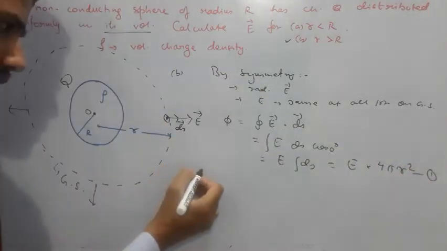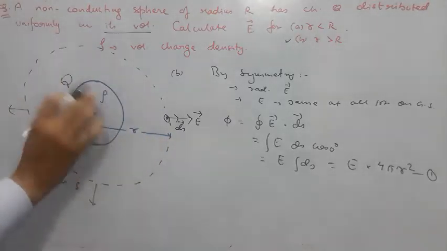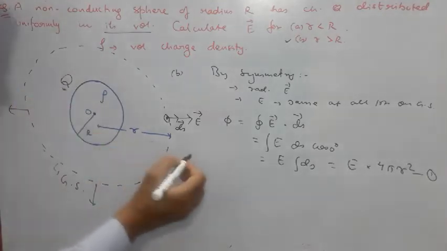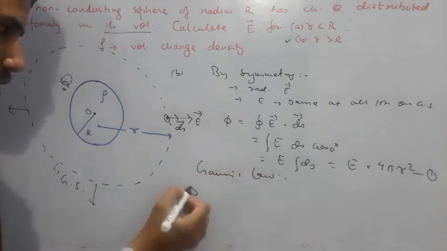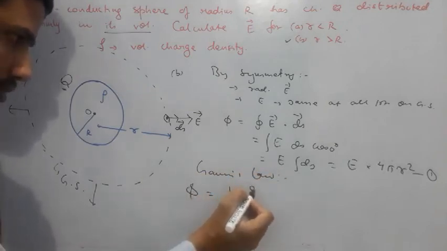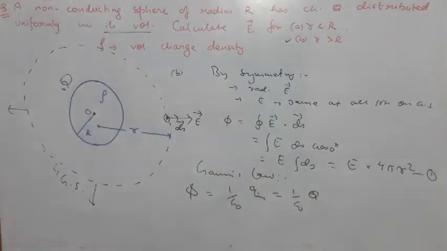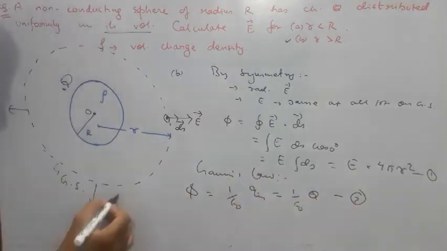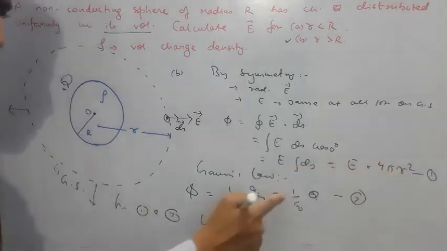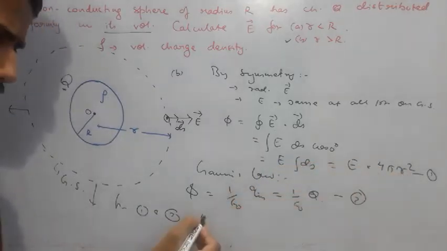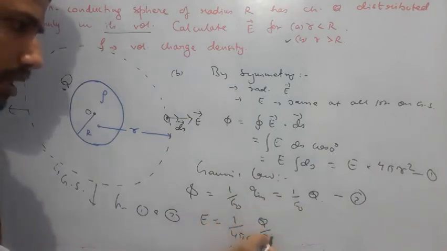Then what is the total charge inside this Gaussian surface? You can see inside this Gaussian surface the entire sphere is lying. So total charge is Q. So from Gauss law, this phi will be 1 by epsilon naught times Q in, but Q in is nothing but capital Q. So we'll equate these two. So from 1 and 2, what do we get? E times 4 pi r square will become 1 by epsilon naught times Q, which you can solve to get E is equal to 1 by 4 pi epsilon naught Q by r square.